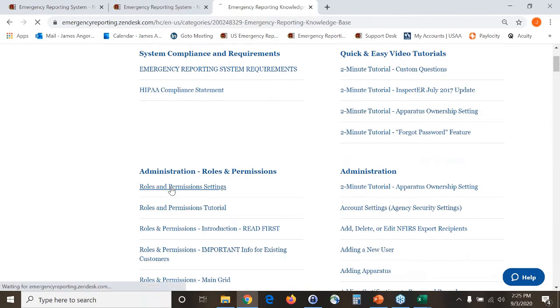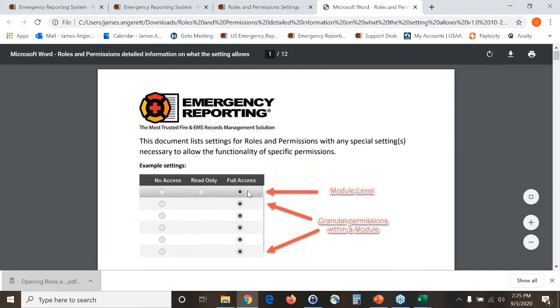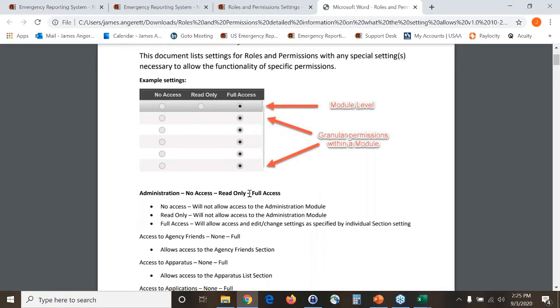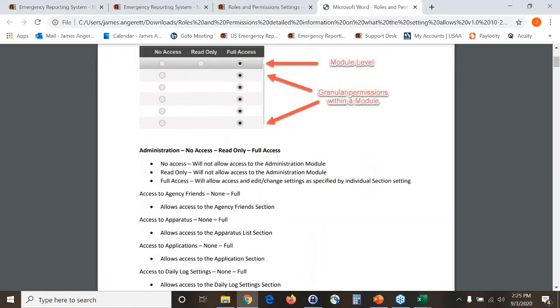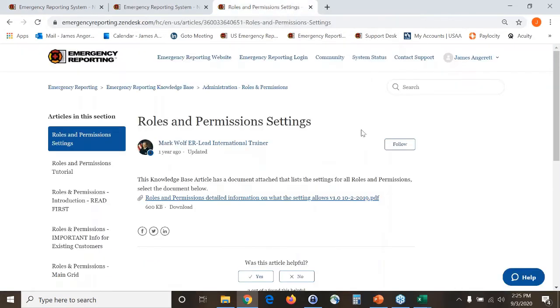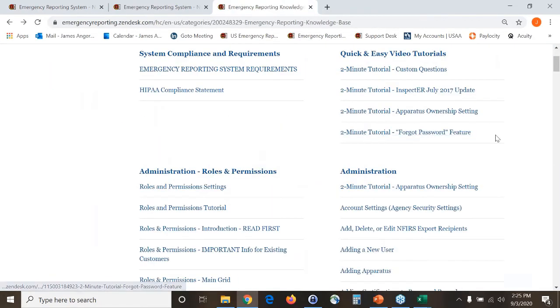When you come in and you take a look, this is exactly what I was talking about with the PDF documents right here. This is going to roll you through. This one is one of the ones you're going to see in your handouts today that helps you with roles and permissions, okay? But it's going to walk you through step by step. The next kind that you're going to see when you come in here,